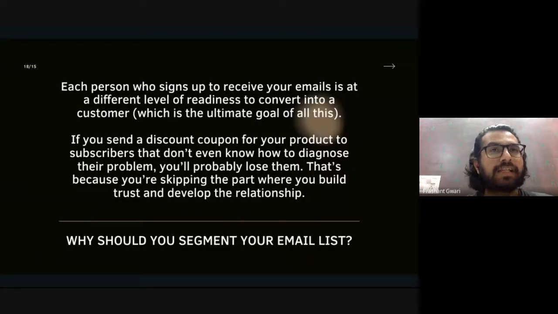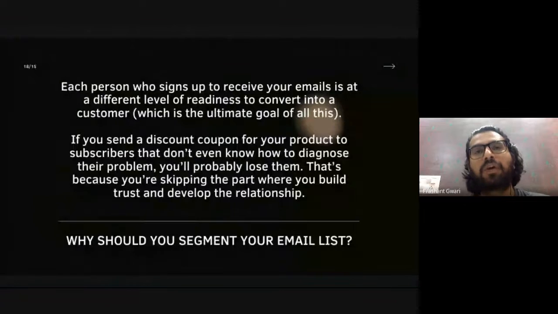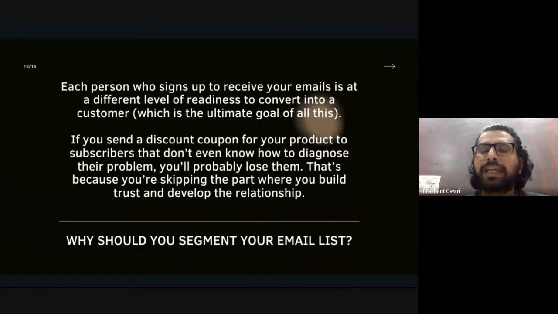Same as the buyer journey, in the buyer persona we divide our audience into different segments like age, gender, location, income group, behavior, buying habits, like that. So each person who is signing up on your subscribe now form or providing their email ID is at a different stage. So you have to divide them according to their buyer journey or their buyer persona.